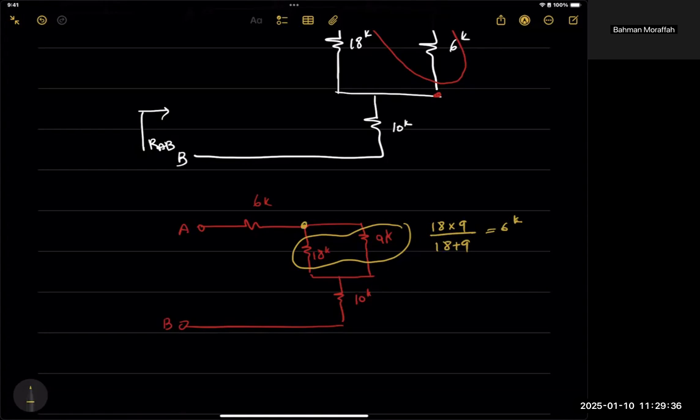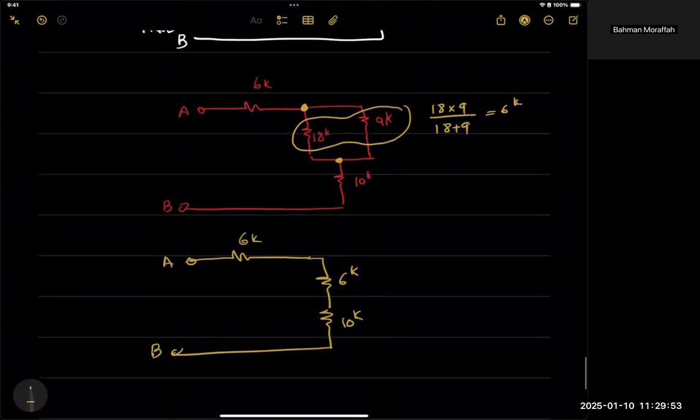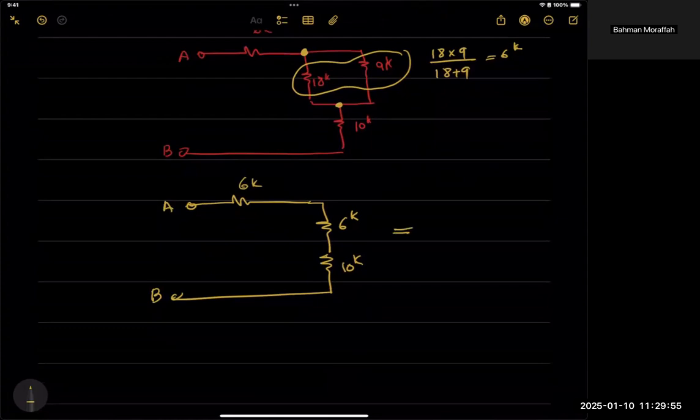And then the equivalent goes between these two points. So if I rewrite the circuit, that would look like this. A 6K, a 10K, and that would be A and B. Now this is quite obvious, so our R AB is going to be the summation of all these. 6K plus 6K plus 10K, which is 22K. Again, the whole idea here comes down to the fact that we have to determine